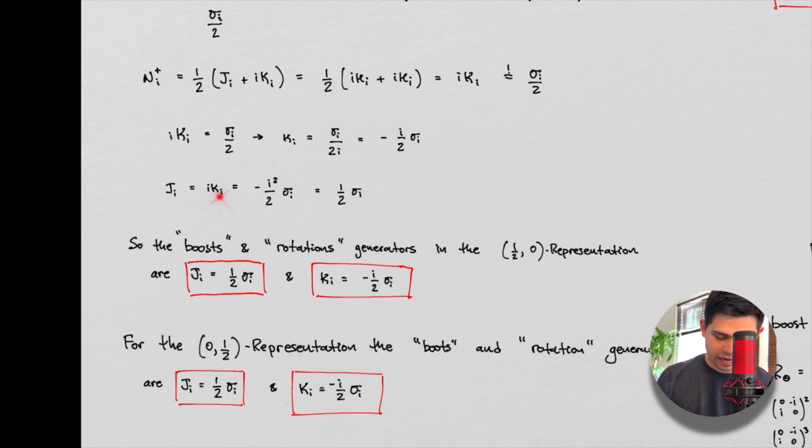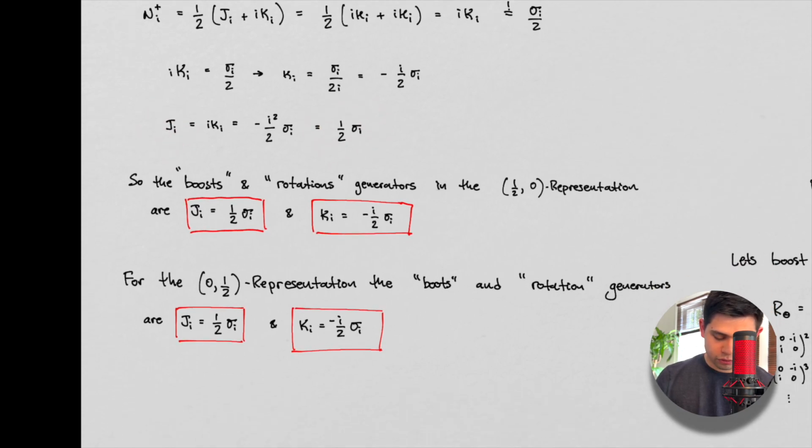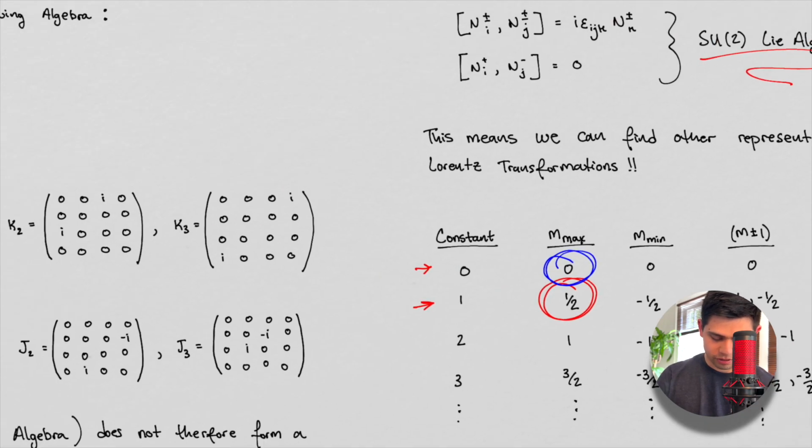Well, if Ki equals this, we can put that into here, and we get this guy, right? So J is equal to this guy. So the boosts and the rotations in this representation are this and this, right? So this is our rotation, right? Not respectively, because if we go back up here,